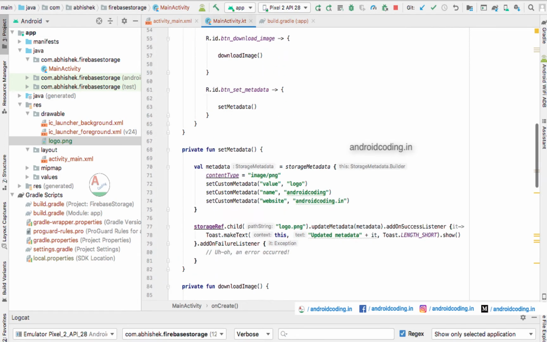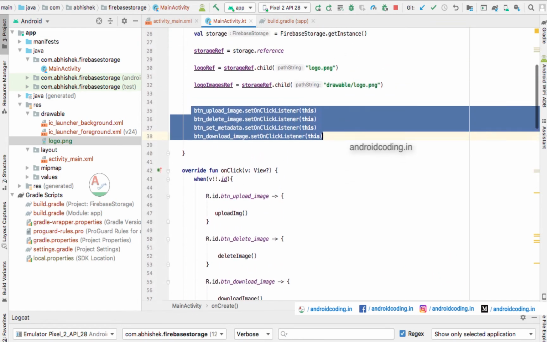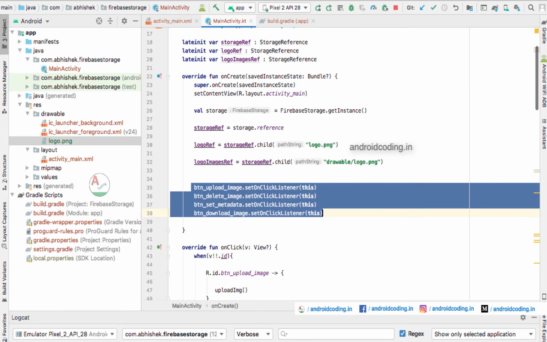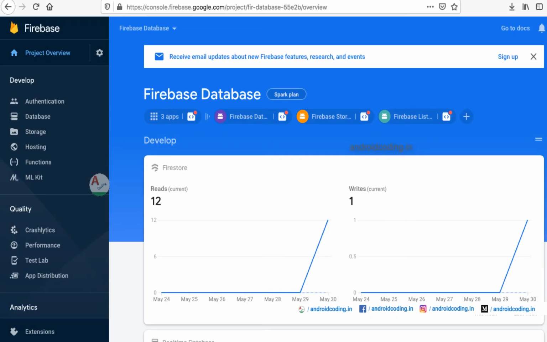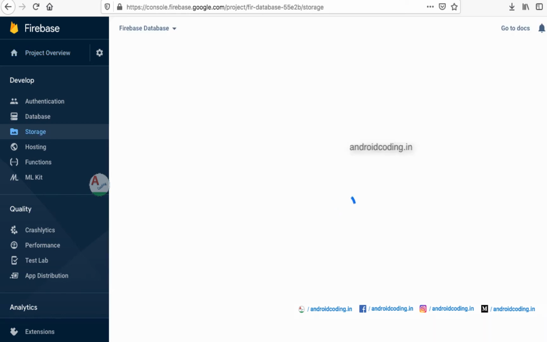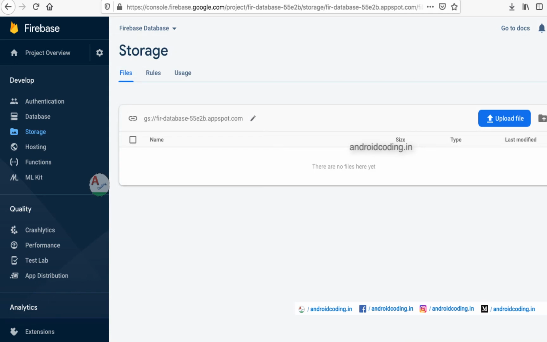First of all, if you see the database, you will get an idea. So here is the Firebase console. Whenever you create your project, it will be displayed here, you can see. In this particular project we are dealing with the storage section. Click on storage, and here you can see there are no files. The image we are uploading will be saved in this particular block. You can do it manually also, and you can try to retrieve it from your application.